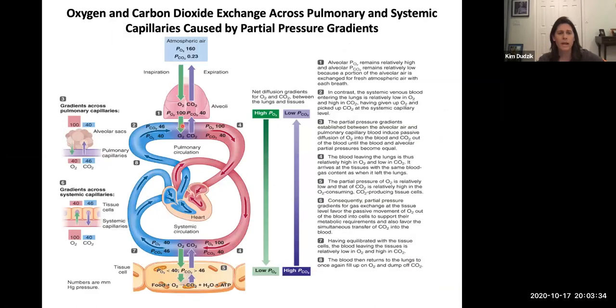And so don't let this slide be confusing to you. There's a lot of information on here. I just want to use this to illustrate to you what we were just talking about. So what we're going to see as we go through these steps, basically there's two areas.